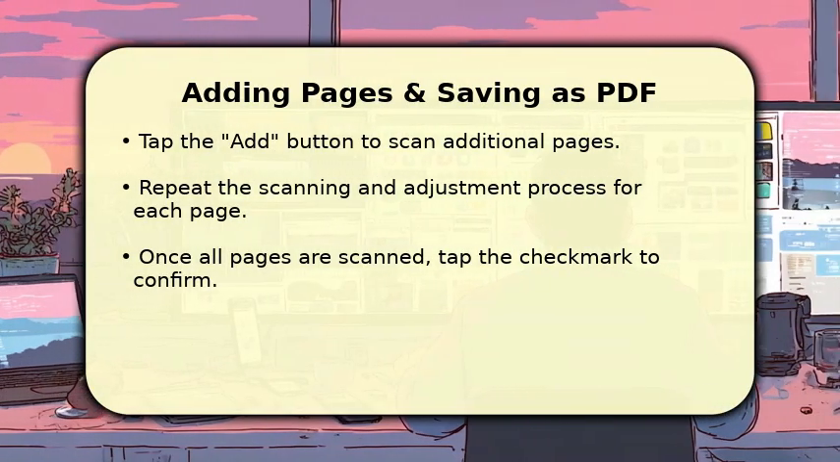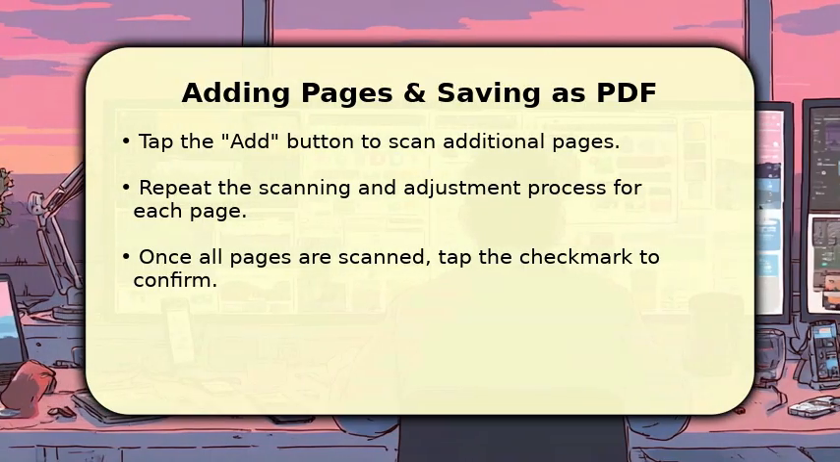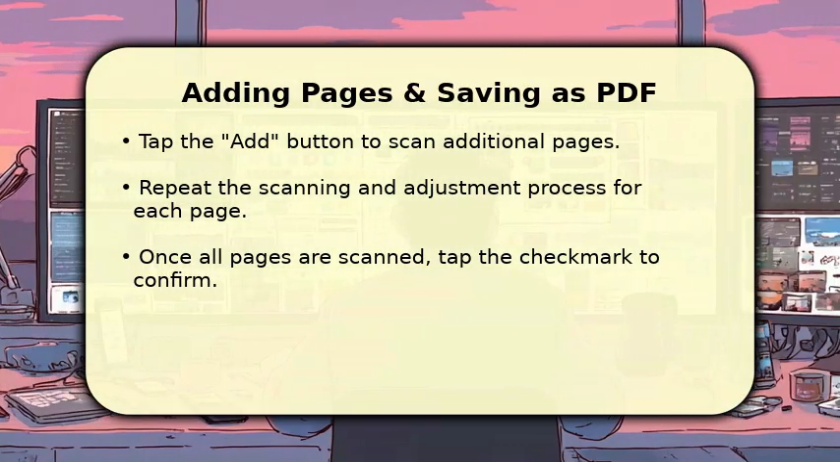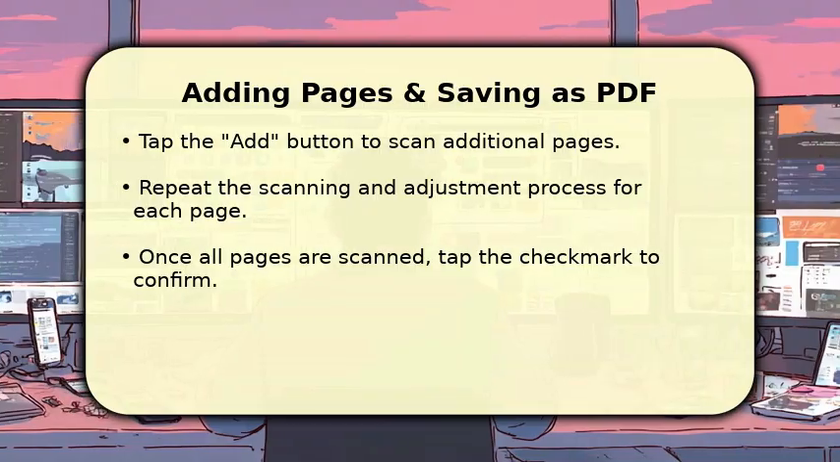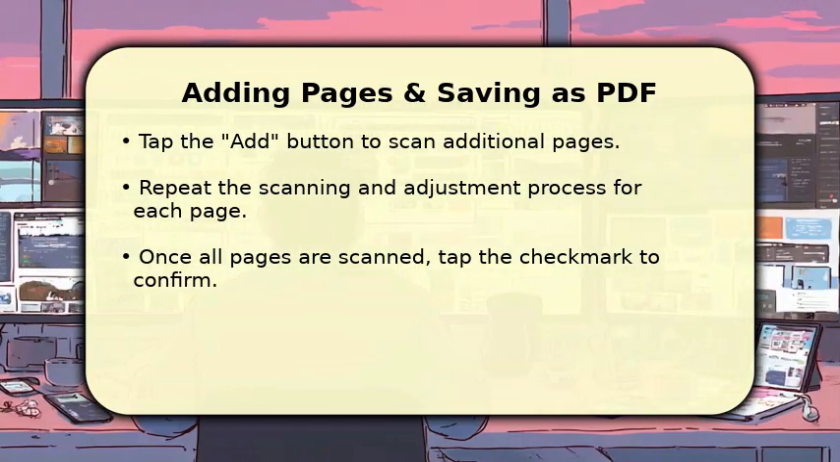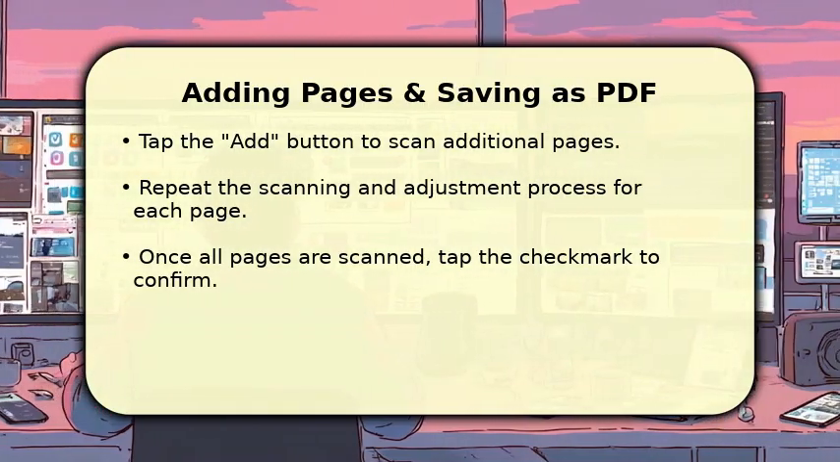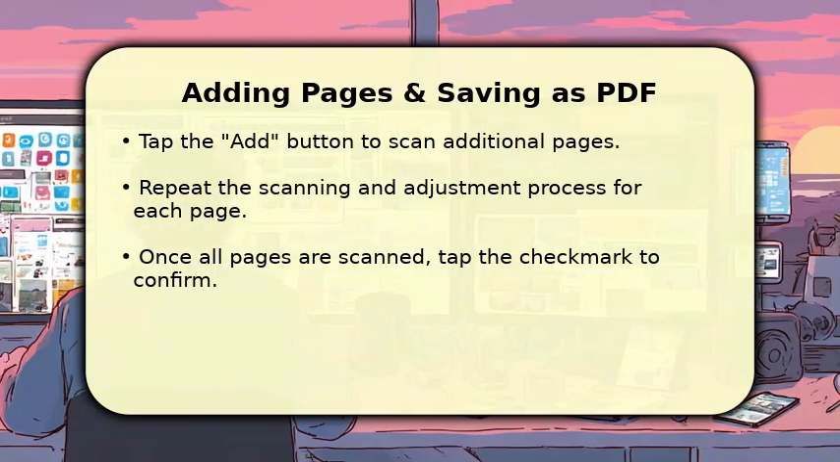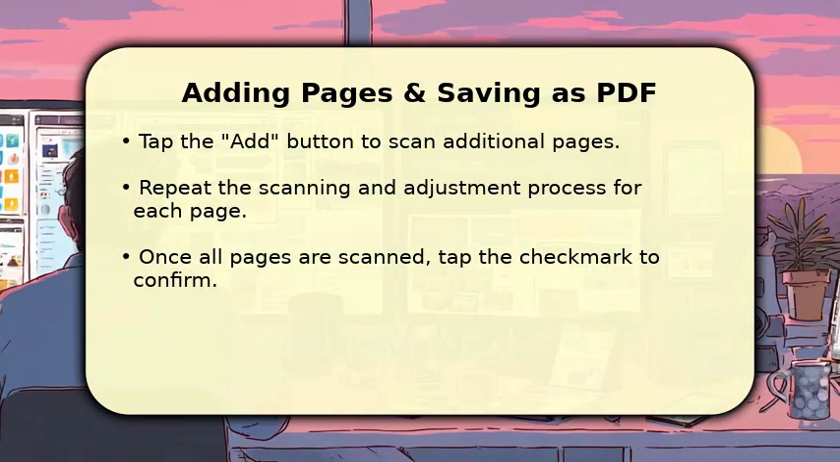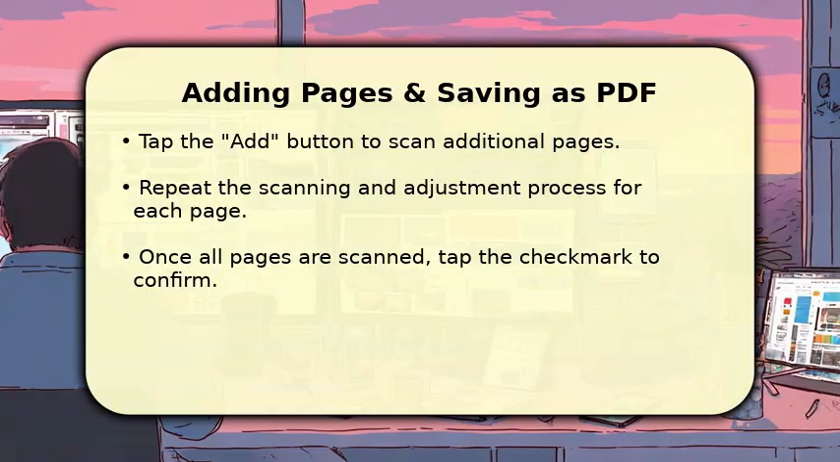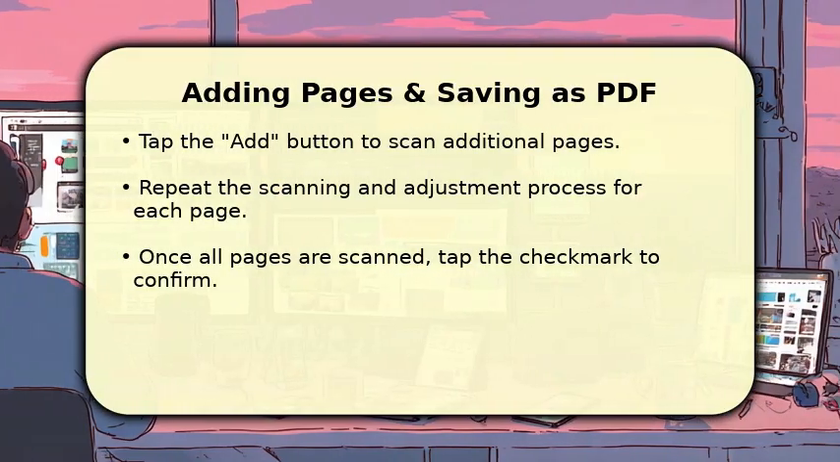Once you've scanned all the necessary pages, tap the checkmark to finalize your selection. Before saving, take a moment to rename your document to something descriptive, making it easy to find later. Finally, select the PDF option to save your multi-page document as a single, high-quality PDF file, ready for sharing or